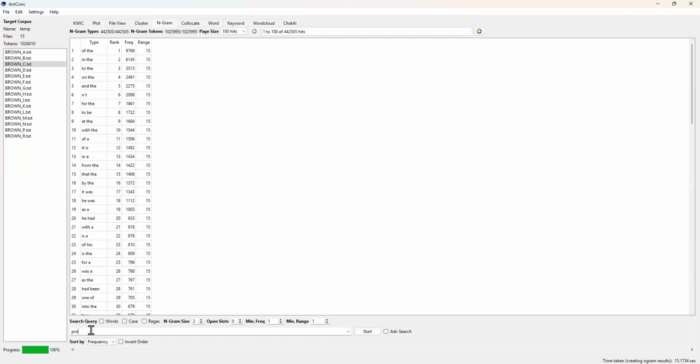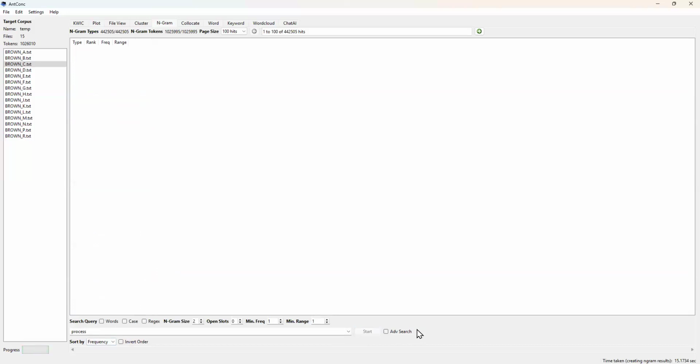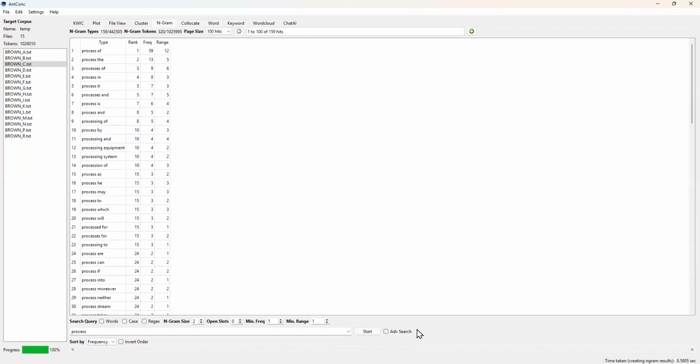I'm going to go back and do process. And we'll see what we can get. And here we are, n-grams. And again, we're getting the same thing, process of frequency 29 over 12. So we found sort of similar results using the other tools, but this is another way that one can explore the text